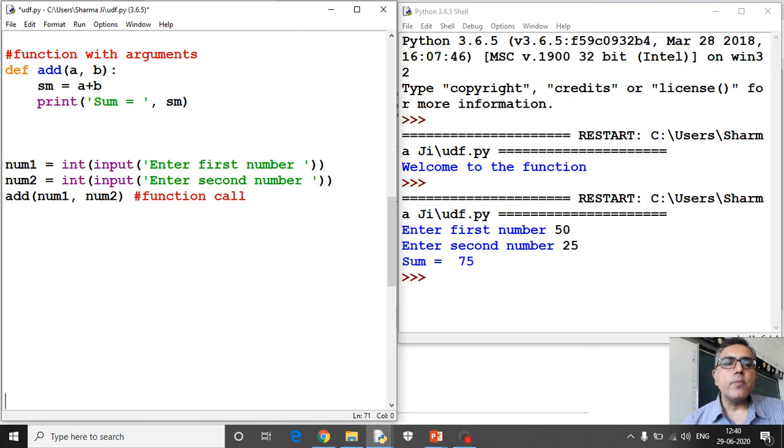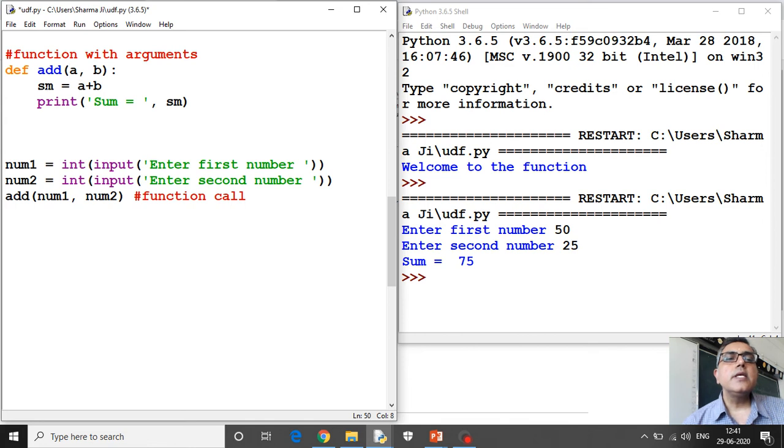We are doing the same job, but here I am reading those values from the user first, the values for which I want to find the sum. So I have written a function definition. Now this time you see here in the function definition add, I have two variables written inside round brackets.